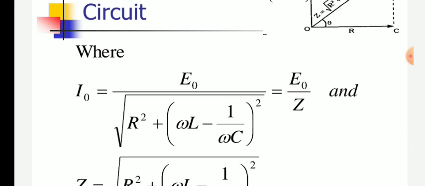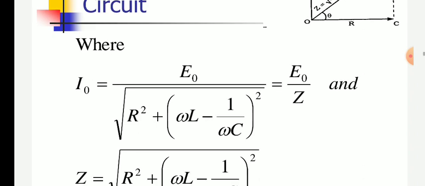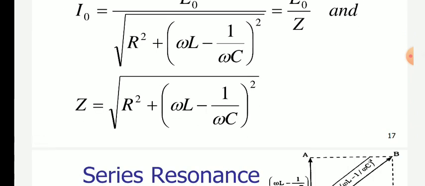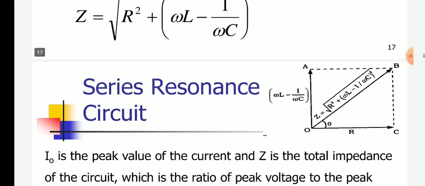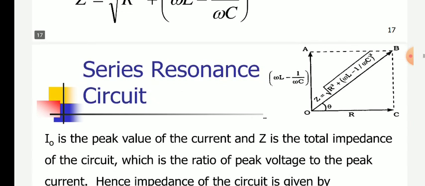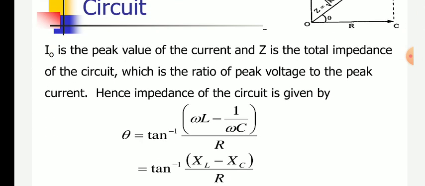So that is equal to E naught divided by Z, and Z is equal to square root of R squared plus (omega L minus 1 over omega C) whole squared. So therefore we can write the peak value of the current, that is equal to I naught, and Z is the total impedance of the circuit, which is the ratio of peak voltage to the peak current. The impedance of the circuit is given by